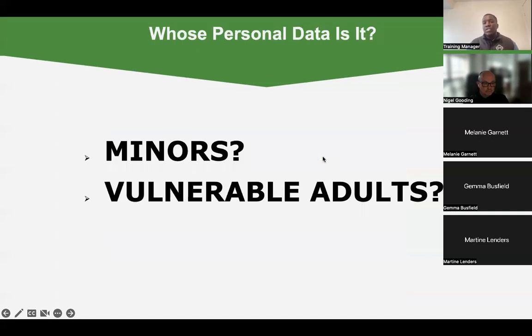So very quickly, and we've touched on this already, so it's going to be brief. In addition to what personal data you're transferring, the persons whose personal data you're transferring is an important consideration. If they are minors, then the UK's GDPR and Data Protection Act laws with regard to the personal data of minors comes into play, in the EU as well. If they're vulnerable adults, then their ability to consent to your processing of their personal data becomes in question. So then you have to make extra effort to be definite about your lawful basis, as well as make extra effort to protect their personal data because of the increased risk to them if there is a breach, like we